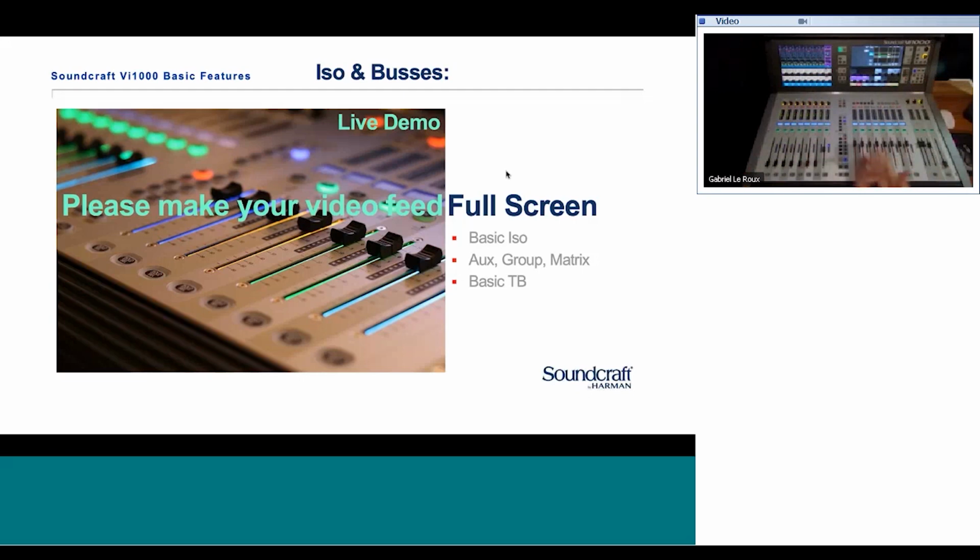Aux groups and matrices, I've spoken about it quickly, but just to recap, we've got the 24. We can manipulate them to be an aux group or a matrix, any of them, and any of them can be mono or stereo. There's two ways of sending to, actually three ways to send to a group,